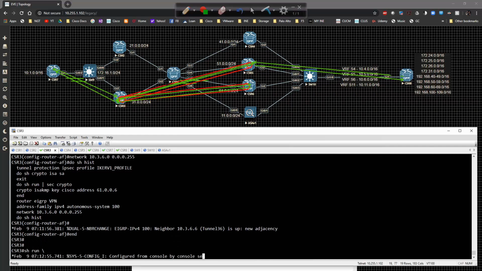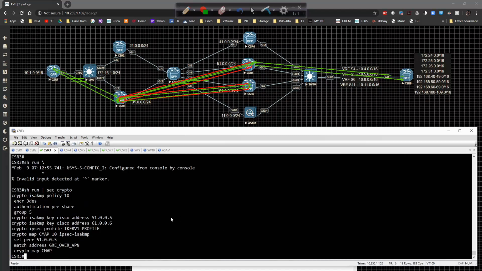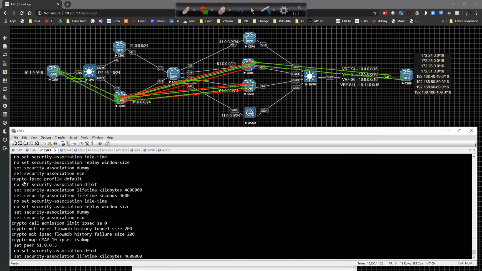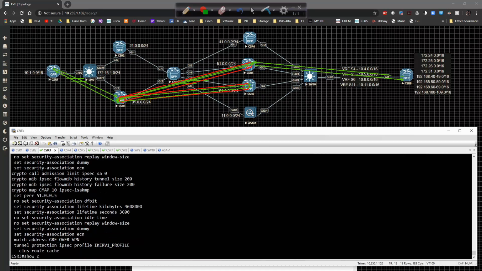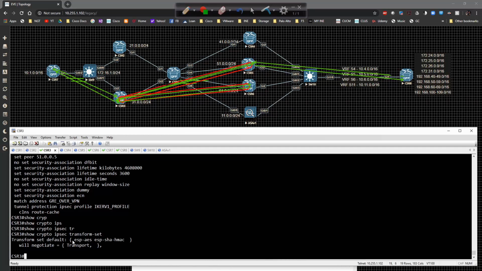Let's look at the show run section crypto. We've created an IPsec profile right here, but we didn't call a transform set. If we show run all type section IPsec, we can see the profile is right here, crypto IPsec profile default. We're calling the default profile, but it's not calling a specific transform set. Because of the show crypto IPsec transform set, there is a default one there, it just grabs